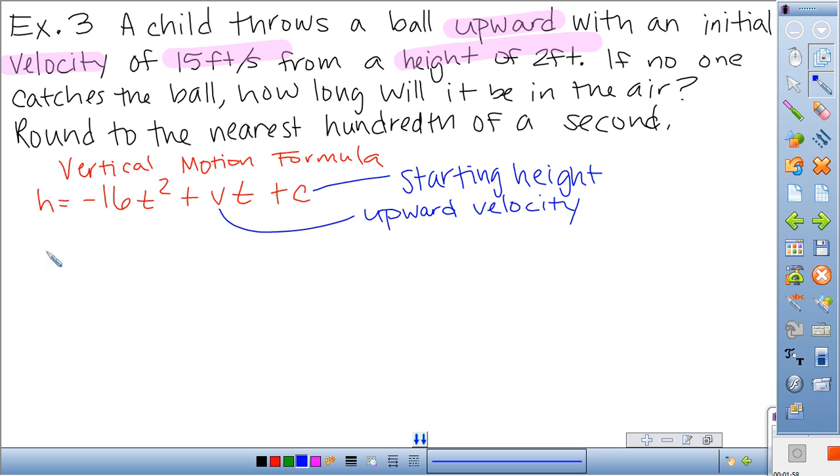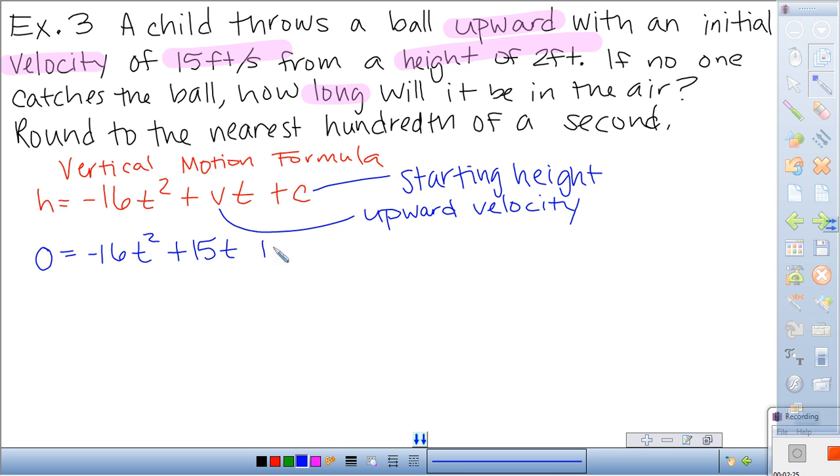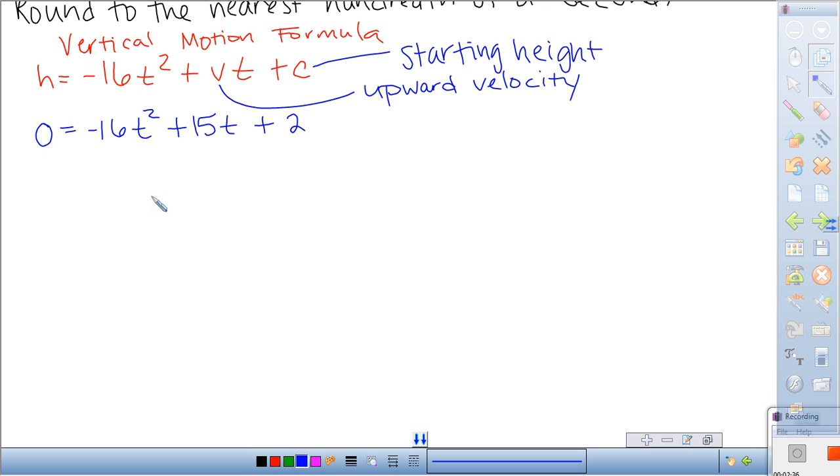Now we're just going to go ahead and plug in 0 because, again, we're trying to find our solutions. So we plug in 0 for height because we want to find how much time. We want to find t. If no one catches the ball, how long will it be in the air? We're trying to find time. So 0 for h so that we can find time. So we have negative 16 t squared plus, now v, upward velocity, 15 t plus c, our starting height, which is 2 feet. And then we just need to solve the way we've been solving this whole section, which is